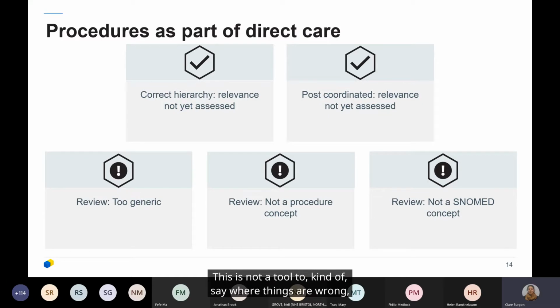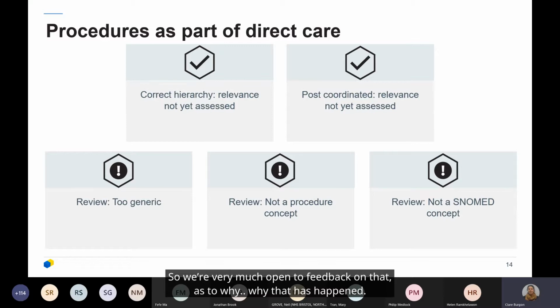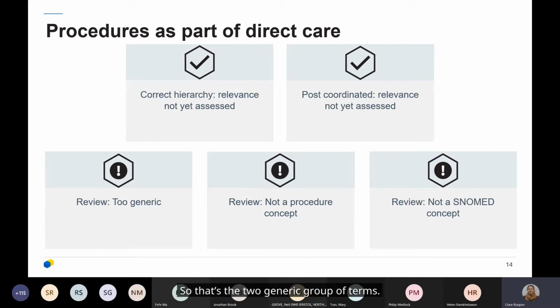This is not a tool to say where things are wrong, but more to help you get into that mindset of granularity. Maybe there are really good reasons why you've used certain groups of terms. Maybe the thing that you wanted to say doesn't exist yet. So we're very much open to feedback on why that has happened, and there's an email address as part of the database that you can use to get in touch with us if you need to. So that's the two generic group of terms.